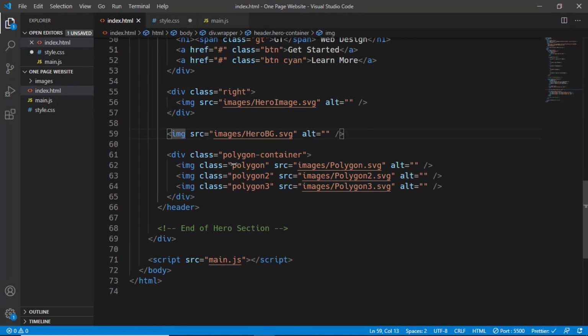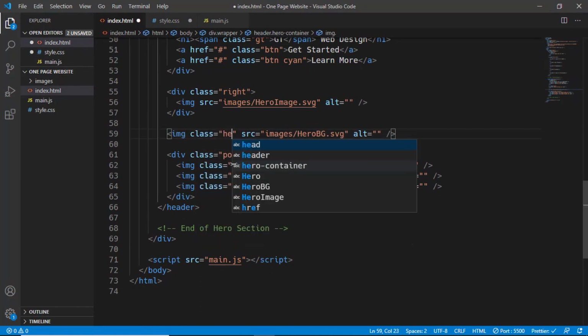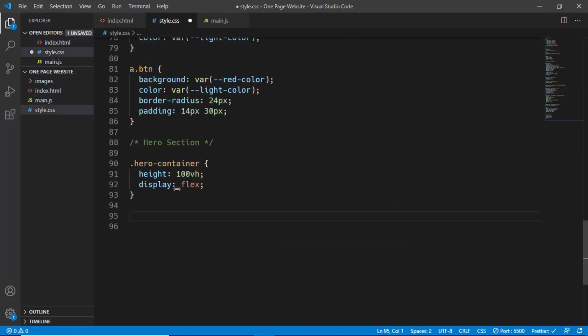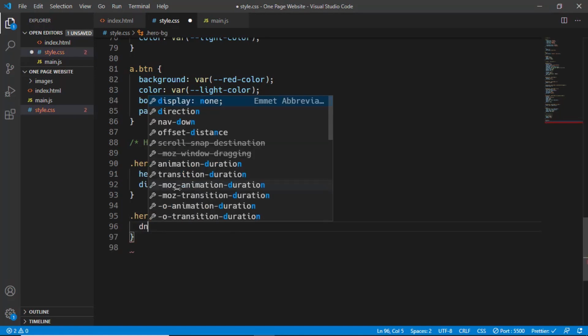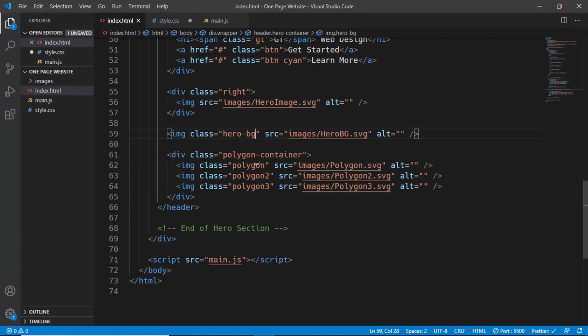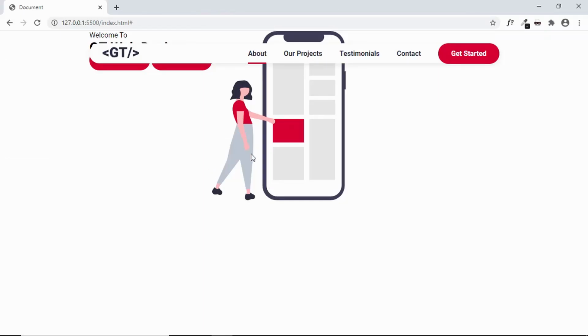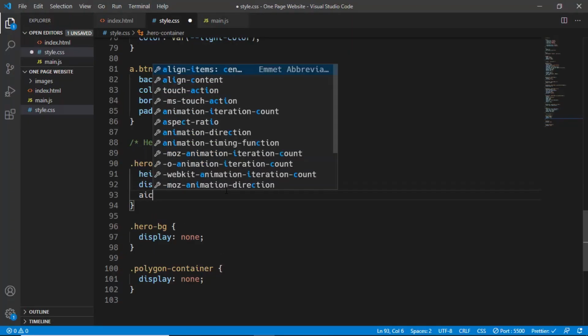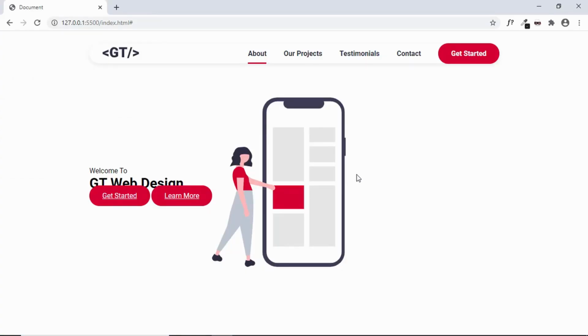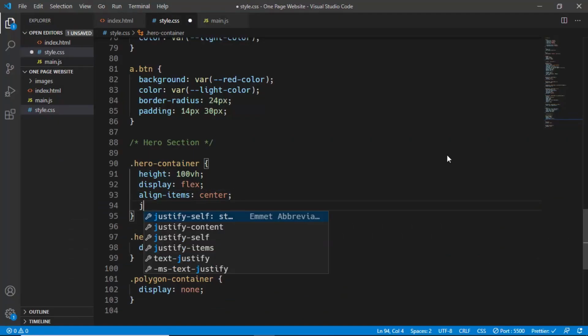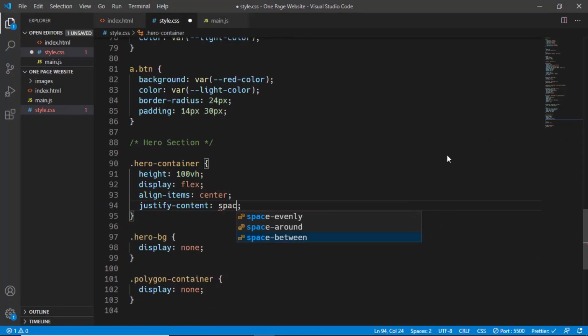Let's give it a class of hero BG, and here we'll type hero BG, and we'll just set the display to none, and we'll do the same with the polygon container. Now we can style these elements correctly. So first of all we will center them vertically. So here we'll just type align items to the center. Now we'll position them one to the extreme left and one to the extreme right. So we'll just type justify content to space between,